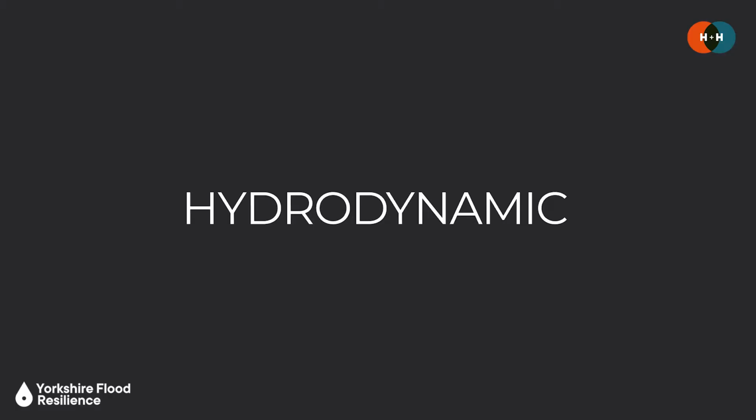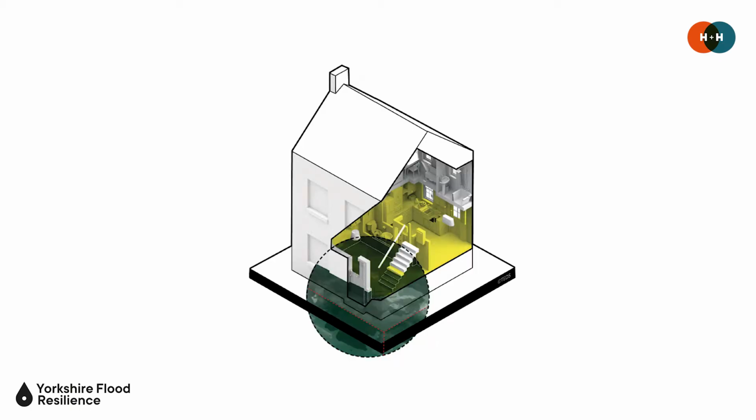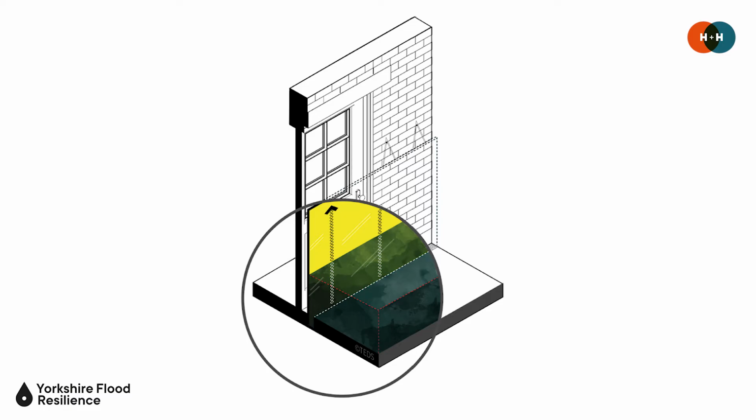are ones which do work to higher levels, but beyond that level, the amount of hydrostatic and hydrodynamic loading on a building can be significant, and so it can be safer to actually let the water in and rely on the property being flood recoverable. However, there are resistance measures such as flood skirts, which can actually hold water depths out up to about 1.2 meters. But their performance is of course dependent on them being used in an appropriate context and on properties where the structural reinforcement of the walls can be required to cope with the significant forces that are at play at